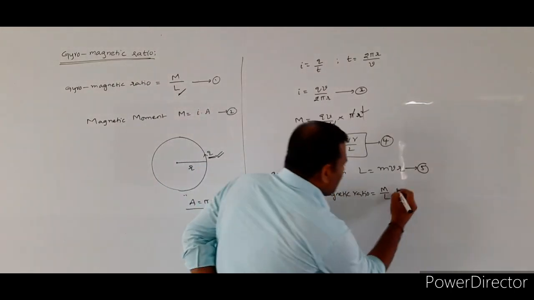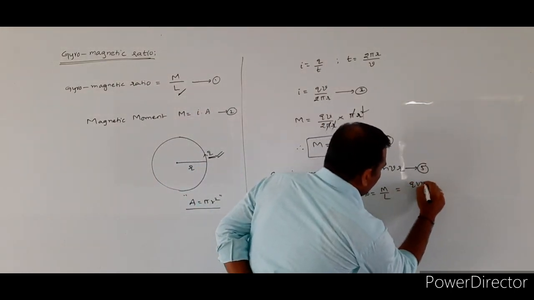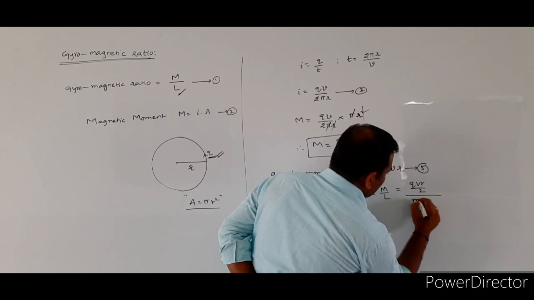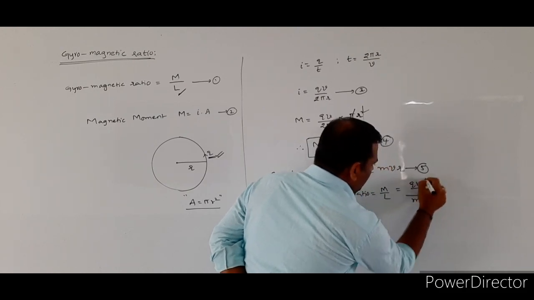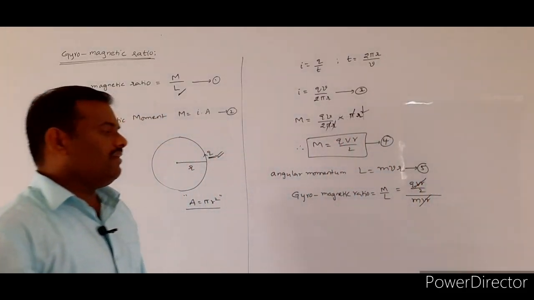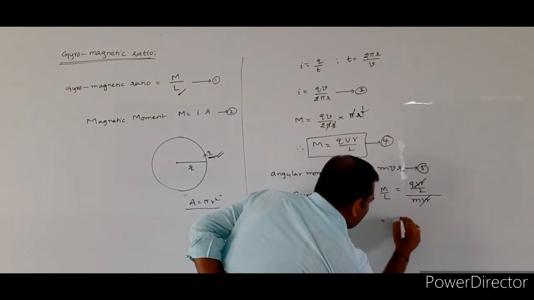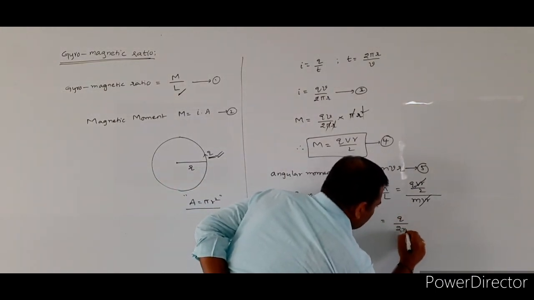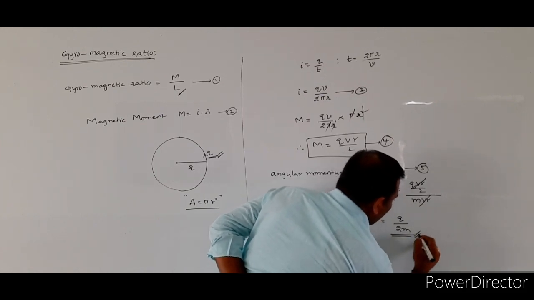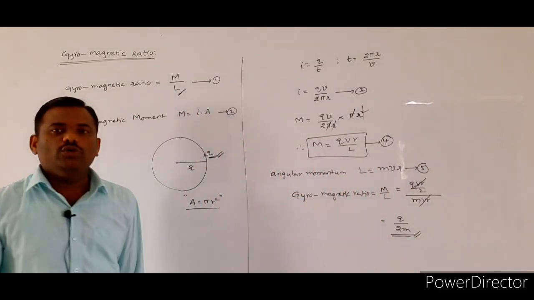So what you got the M value? QVR by 2 by mvr. VR will be getting cancelled. Therefore, gyromagnetic ratio value is equal to what? Q by